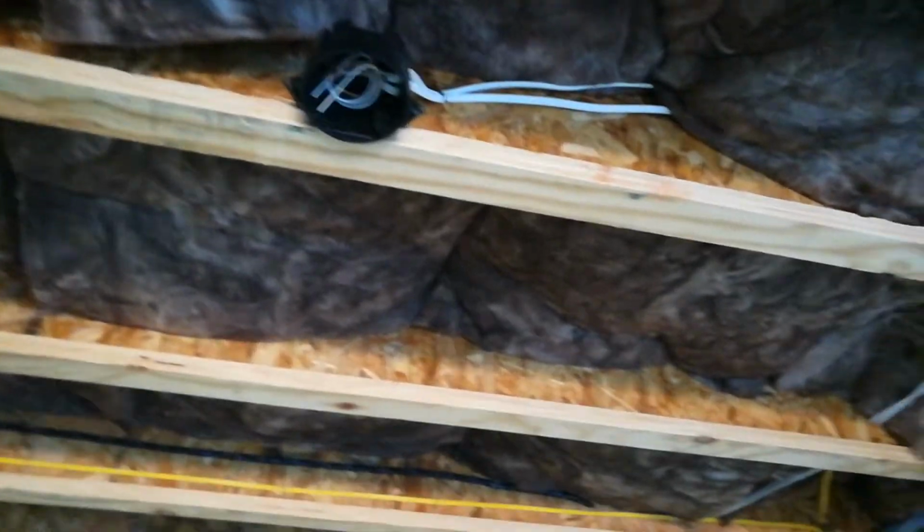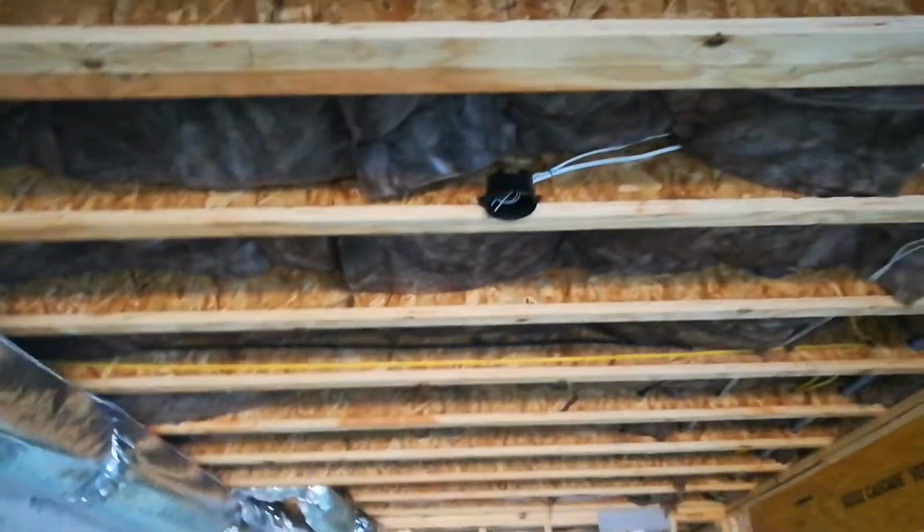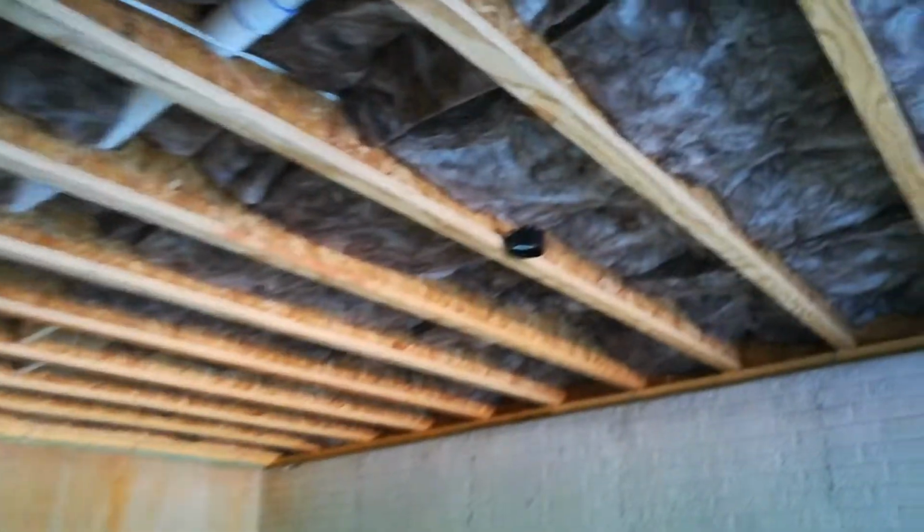Oh yeah, here's a light. Okay, they put a light. It's a centered light there, and unfinished. Okay, you've got the ductwork there. That's fine, I have to deal with that. It's going to be unfinished. There's another light,